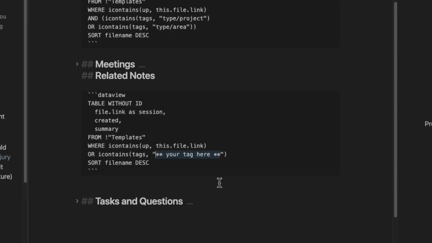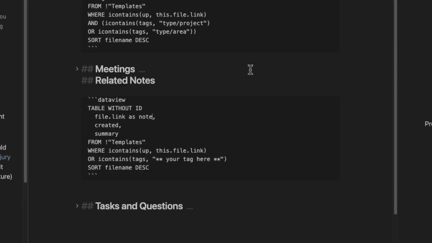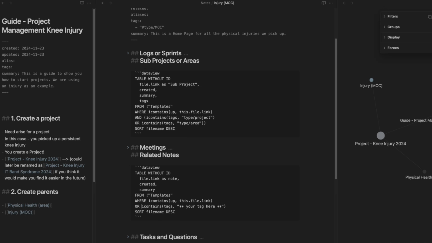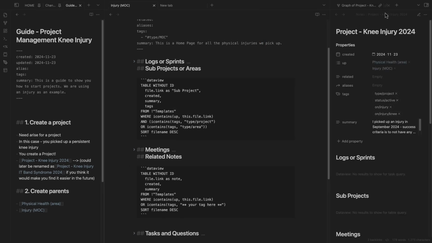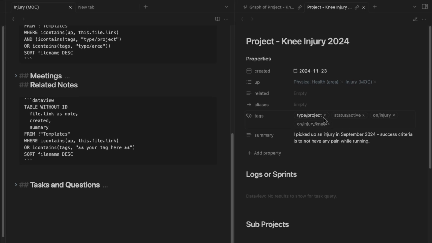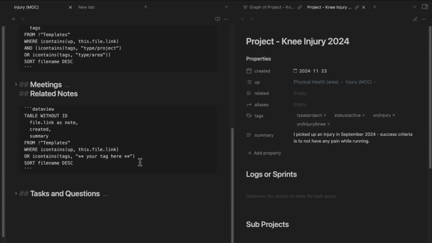And this is, again, you need to have a little bit of Dataview knowledge in order to change basically only the where conditions and the columns that are being retrieved. So a session needs to be note, for instance. So you can see note, project, injury, created, summary. But in this case, we don't want to show notes that have a tag called MOC. So if we go back here, we can see that this is a type project. And sorry, we don't want to retrieve notes that are a type project because it's already going to be returned under this heading. So we say we keep everything here